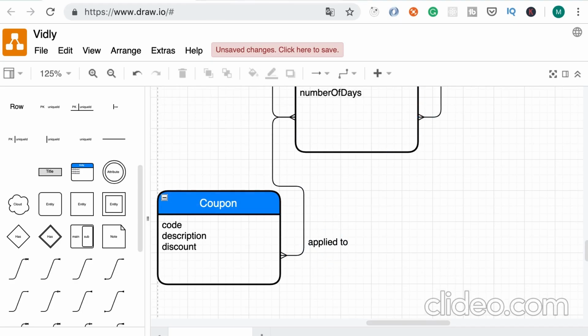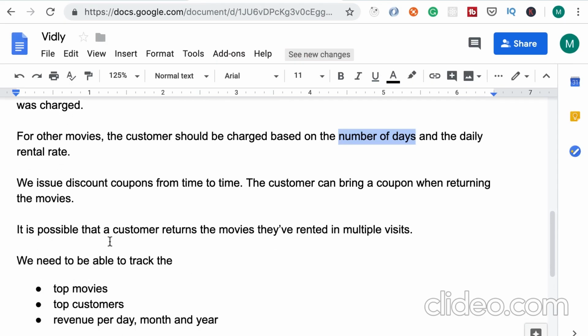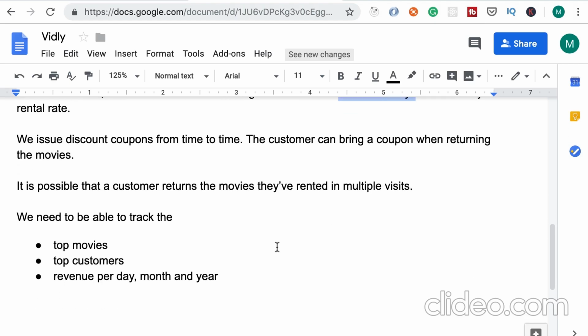All right, now back to the requirements. It is possible that the customer returns the movies they have rented in multiple visits. That basically means I might rent 5 movies. Tomorrow I will return 2 of them. The day after I will return the other 3. And finally, we need to be able to track the top movies, top customers, and revenue per day, month, and